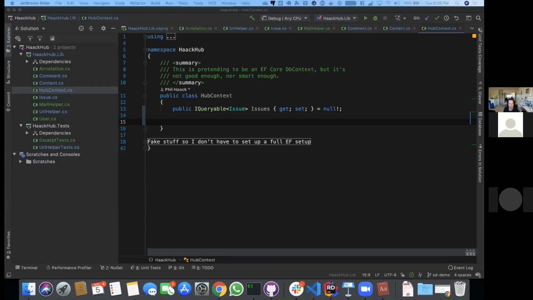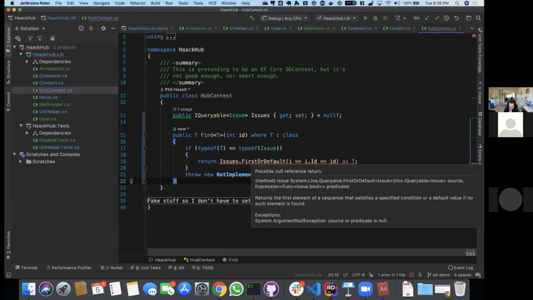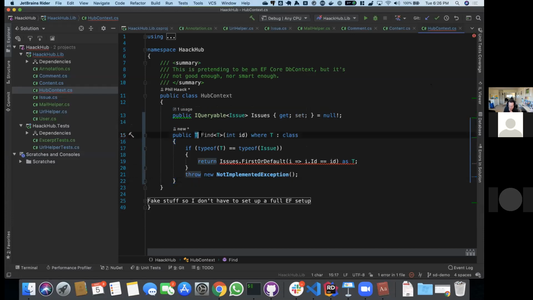Again, I'm kind of running low on time, so I'm going to copy and paste this. So here we have this possible null reference type because T cannot be null. So you might think, well, what if I just do T question mark? Well, that's not going to work because